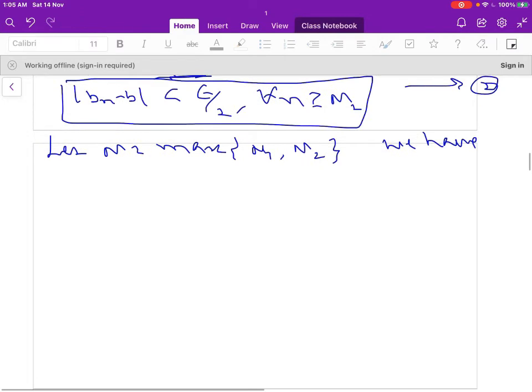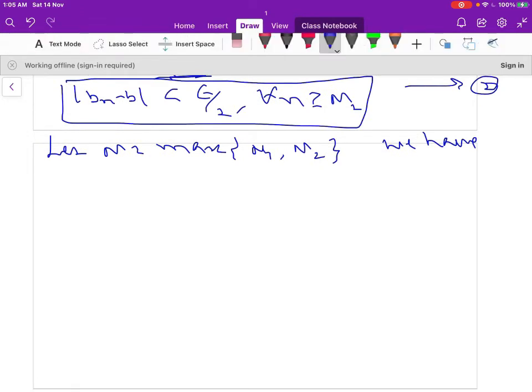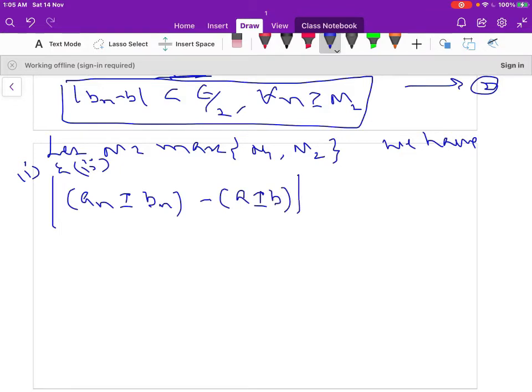Then we have the modulus of a_n plus or minus b_n minus (A plus or minus B). So this is the proof of the first and second results which we defined earlier. A plus B is the limit of the sum of two sequences, and A minus B is the limit of the difference of two sequences,